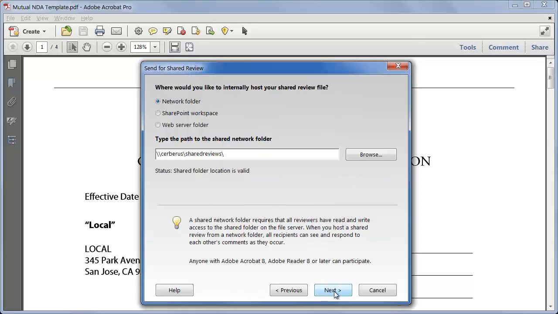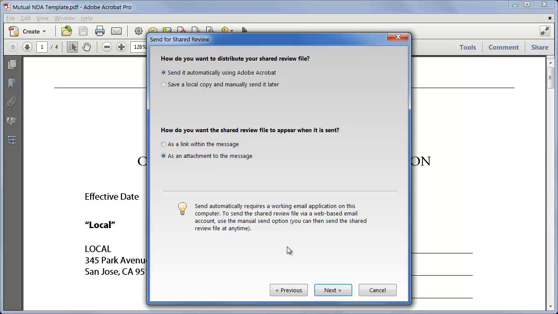Click Next, and I can decide how I'm going to distribute the file, whether I'll send it as an email message to my recipients right now, or whether I'll just save a copy so I can send it later, or they can download it directly from the network drive. And also, if I'm sending an email, am I going to attach the PDF to the file, or am I going to just send a link to the server? It depends on the size of the document. This is quite small, so I'll send out email messages and I'll keep it as an attachment,